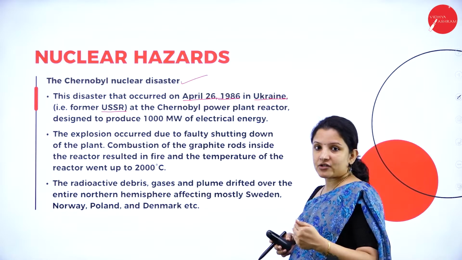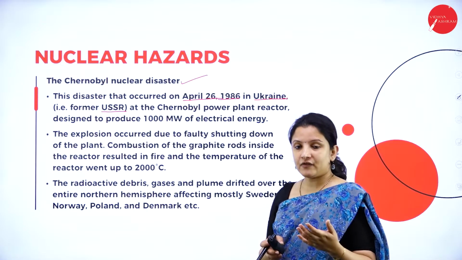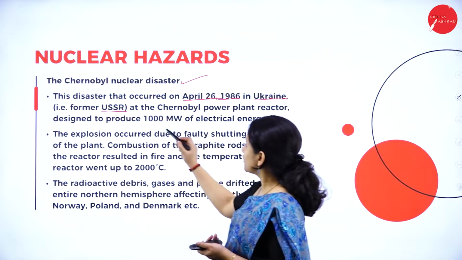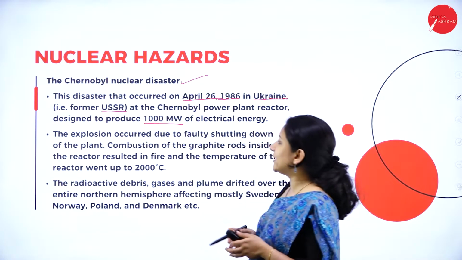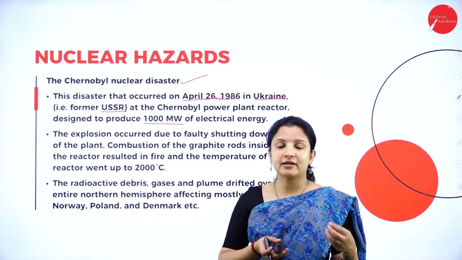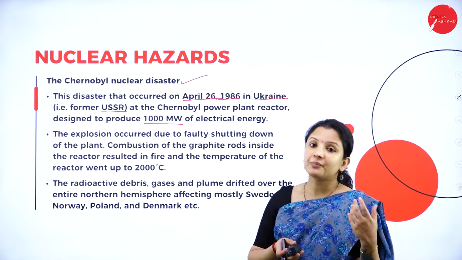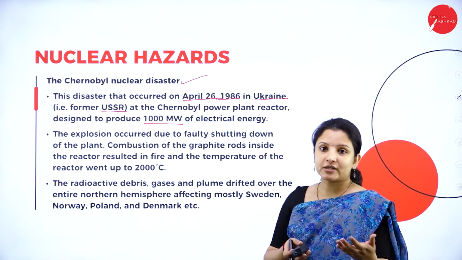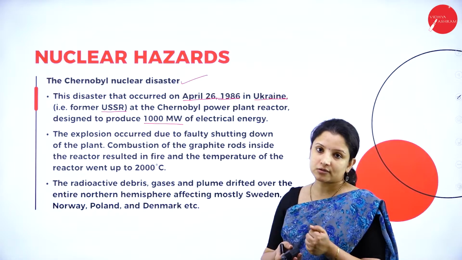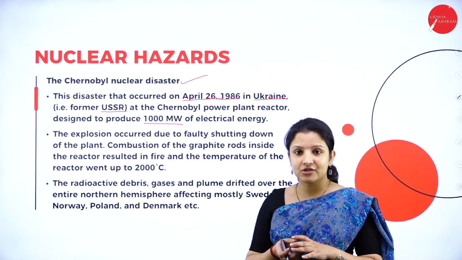And why was this power plant reactor set up? It was set up in order to generate electricity, with a capacity of 1000 megawatts. Instead of depending on hydric energy, that is water energy, to generate electricity, here they set up a nuclear power plant. It had a capacity to produce 1000 megawatts of electricity. But what happened here, due to mere negligence,